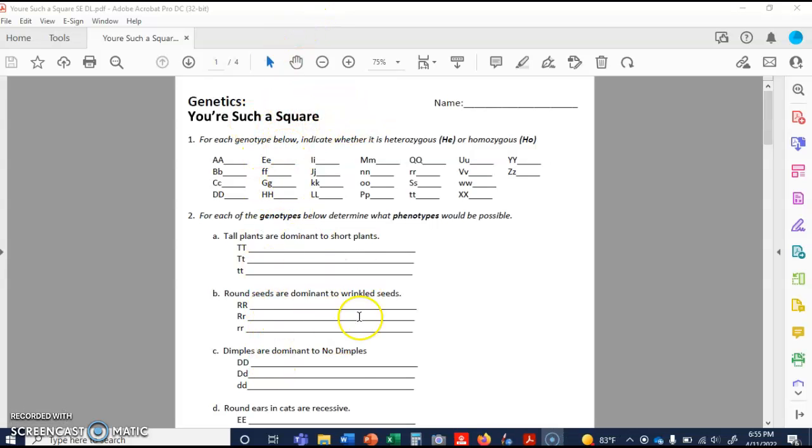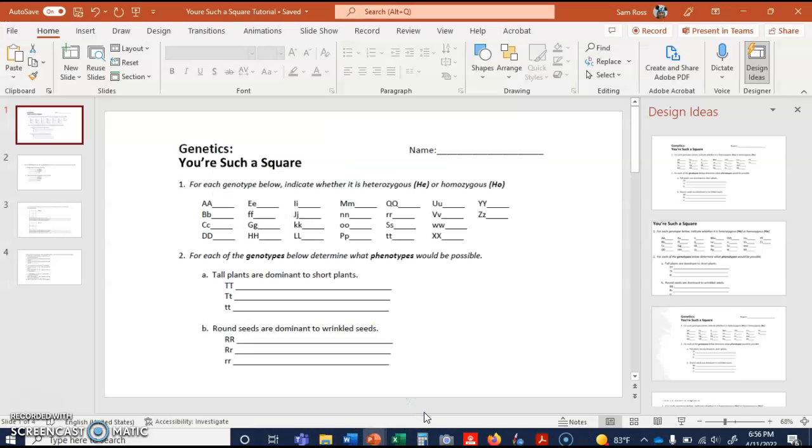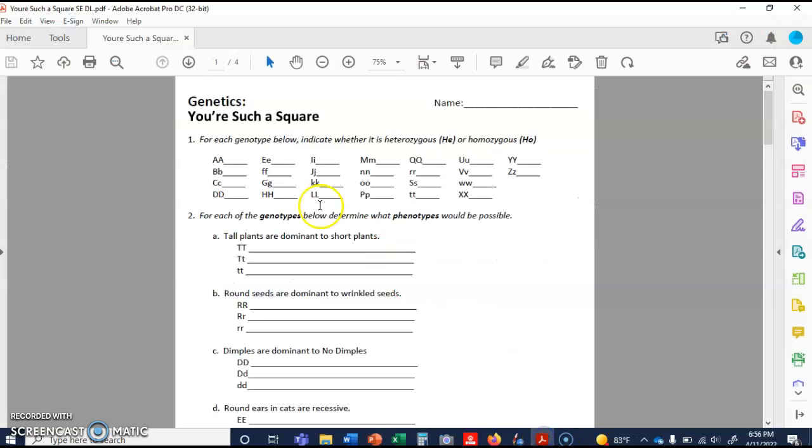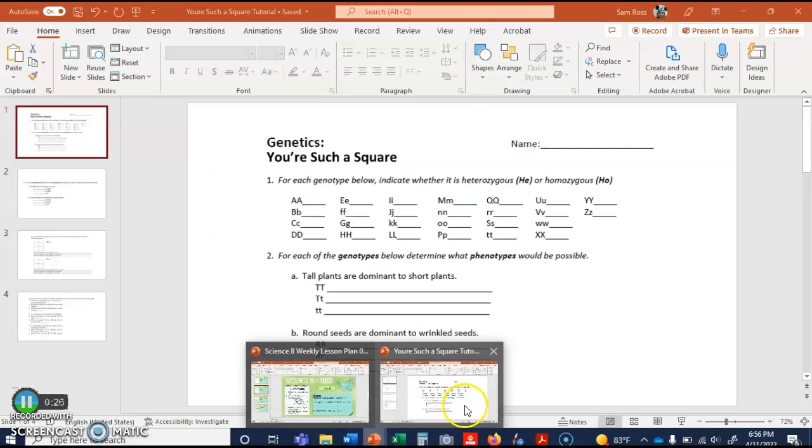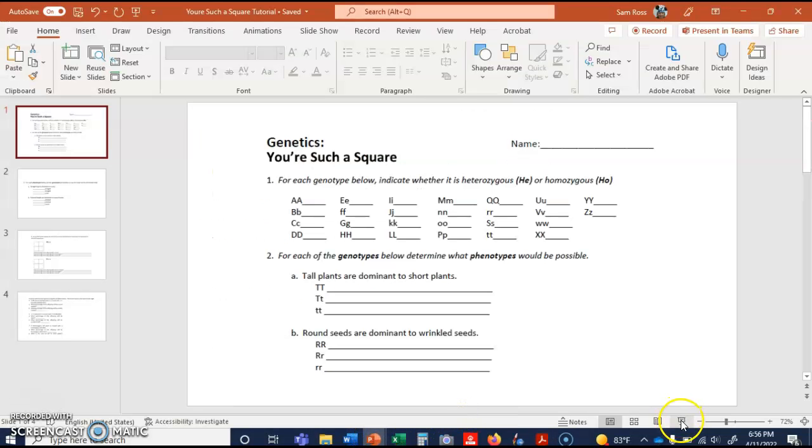This is what it looks like on your paper, but I'm going to go to PowerPoint so that I can draw on it. So again, this is what it looks like on your paper. I'll do a few of each type of problem, and then you should be able to go ahead and get the rest of it. So let's go here. Let me go ahead and put this in